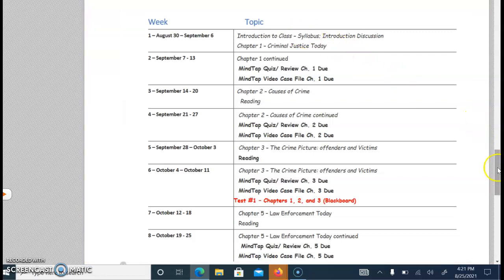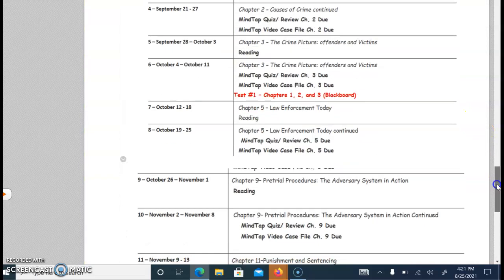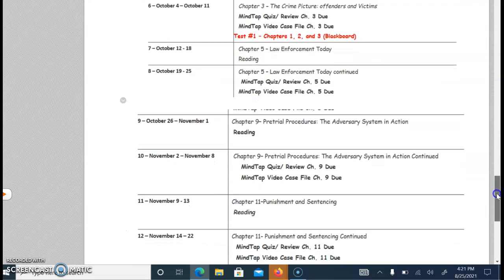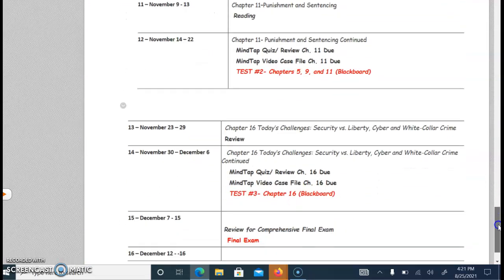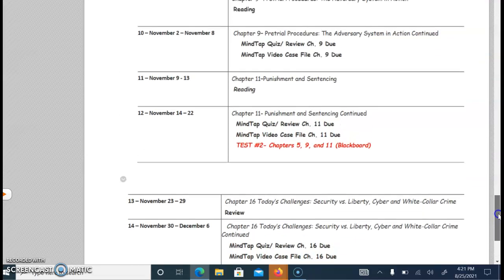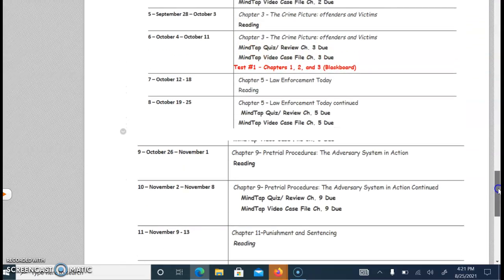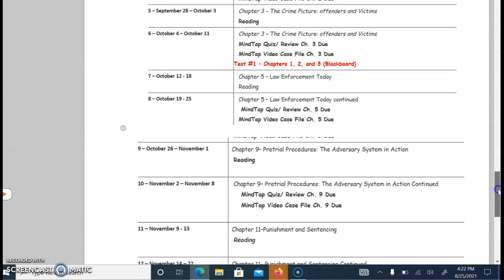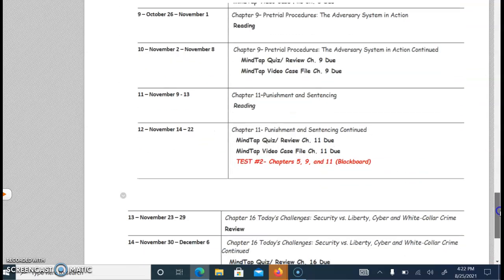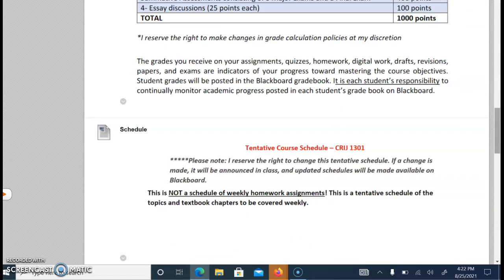So it goes week to week. So every week you'll have something assigned. A lot of times each chapter takes about 2 weeks to get through. We're not covering all the chapters, so it'll tell you exactly what chapter. When we're going to have the major tests, as you can see, test 1 is between October 6th and October 11th. It's chapters 1, 2, and 3 on Blackboard. So I'll show you where you can get those links. So all that plus the